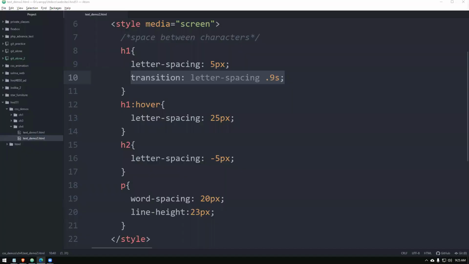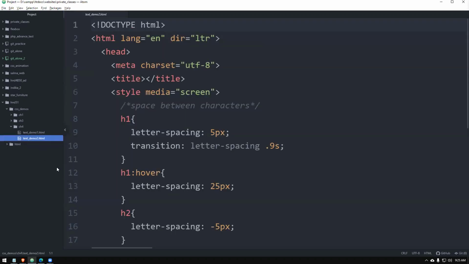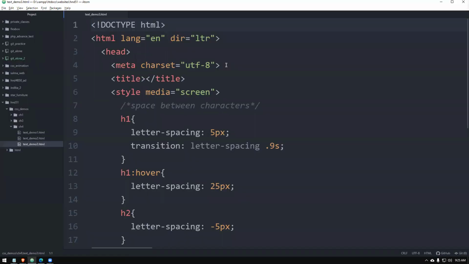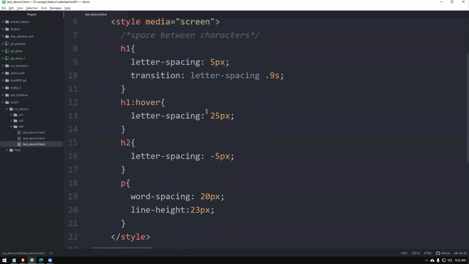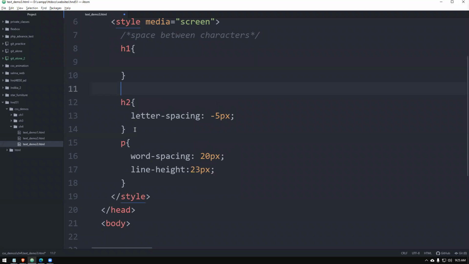Okay, we will see next how we can align the text. Since this example is having a lot of code, we will have a fresh example, fresh in the sense we will have another page to do that. So I'm going to duplicate the second one, so you can do that with me. Duplicate the second example and save it as text demo 3, in which these formattings we can remove.